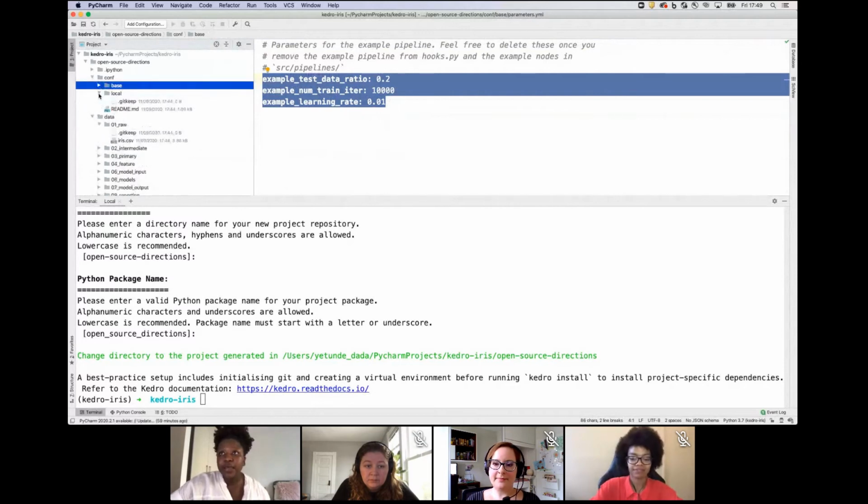So I'm going to close that. You will see there's an additional folder called local. That's essentially where you keep your secrets. So if you've got any credentials or any configuration specific to your IDE, you keep it in here because it's git-ignored. So it means that no one else is really accessing those things. Remember, it's not best practice to keep